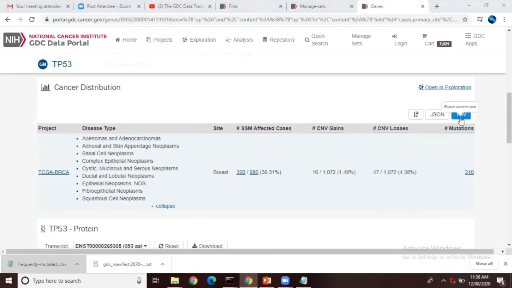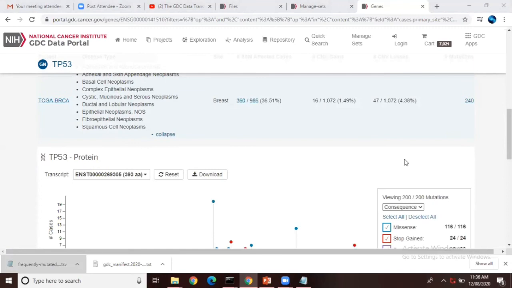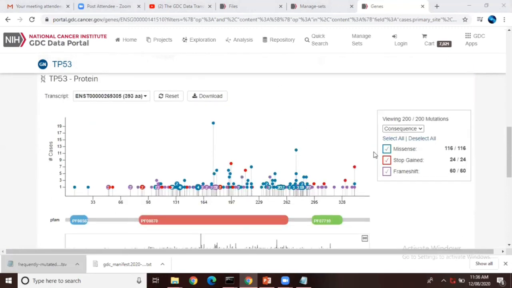You can also save in TSV or JSON file format. Here they have given a visualization, what type of protein information in the form of PFAM, how many cases have been affected, and here you can see the red dots. That is, they are talking about the stop gain mutations, missense mutations, and frame shift mutations. So they have distributed them by using this particular graph plot.